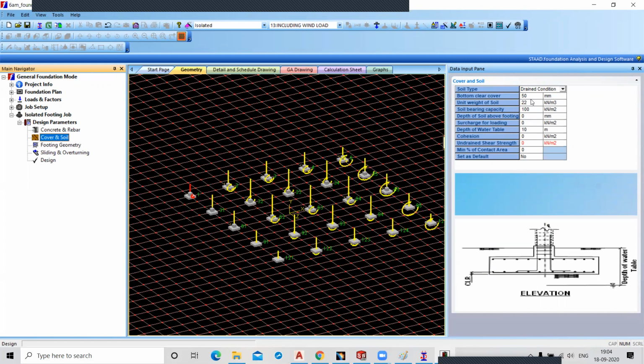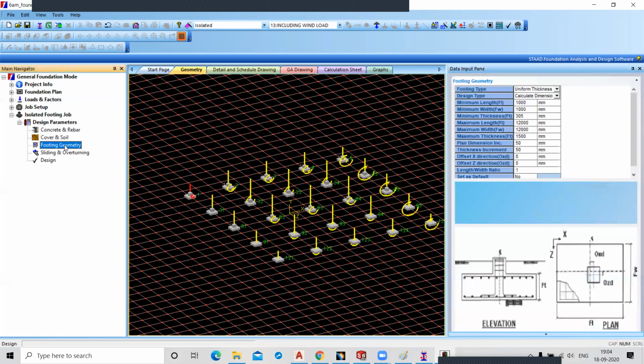Yes or no? Yes. So this is your bottom cover for the footing. This is your unit weight of soil, which we don't have any soil result. That's why we are considering these default values. Okay. This is your footing geometry.